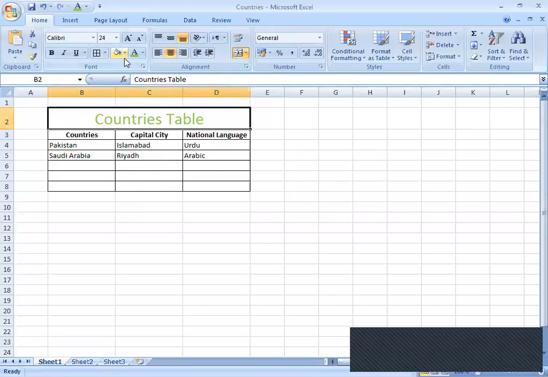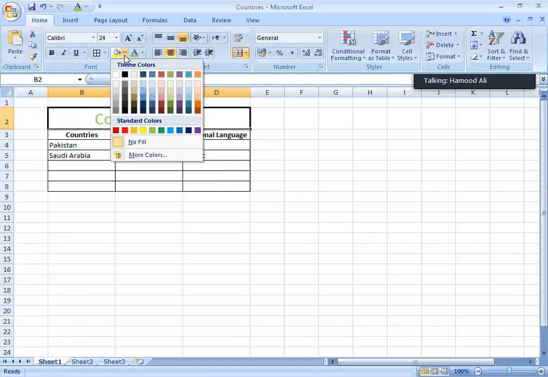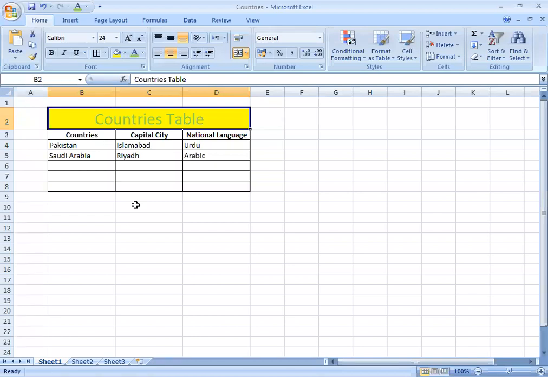Similarly, I can change the cell color also. For example, the countries table, and I'm showing it in yellow. In this way, you can apply different formatting, and obviously you know how to change the font of the cell. It is because you are familiar with using Microsoft Word, the formatting options given in Microsoft Word.